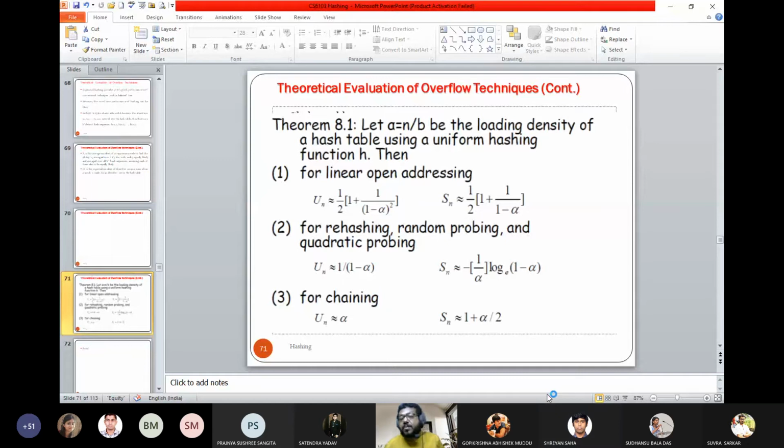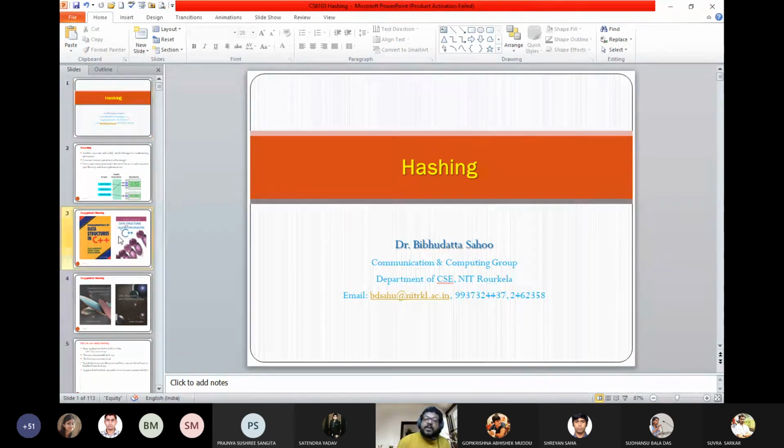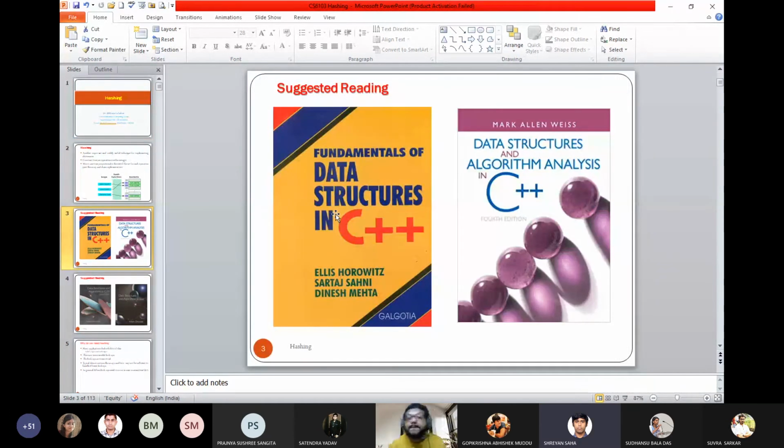If you look into the Sahani book, any of you who have gone through the Sahani book, the hashing chapter? If you get a chance, please look into the exercise problems. Is it visible, the first book? Horowitz, Sahni and Mehta. Now it is not with Galgotia publication, it is with another publication. I'm just remembering, but I'll check on my desk. Now I think it is with University Press.